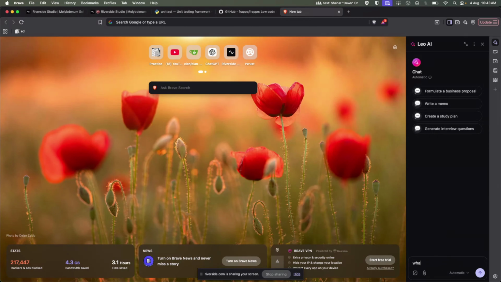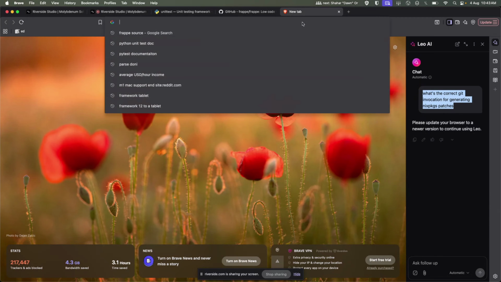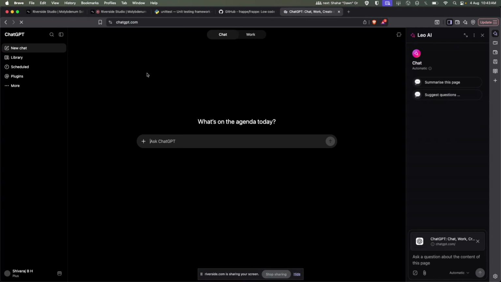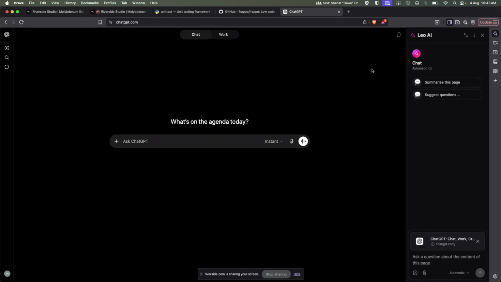What's the correct git invocation for generating Nix patches? Maybe. Yeah, sure. Oh no. Yeah, I think I just use chat.com or something. And